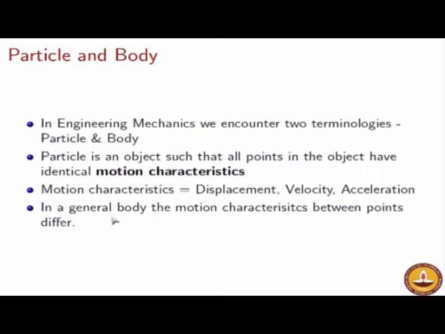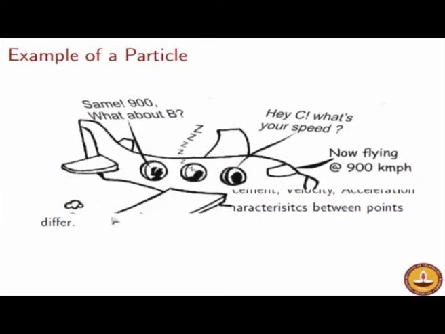So therefore we have a crucial summary at this point, that there are two kinds of bodies that we encounter in engineering practice. One in which all points of the body share identical motion characteristics, and there is another kind of bodies which we encounter, the case wherein different points may have different motion characteristics. And let me elucidate these with more real life examples.